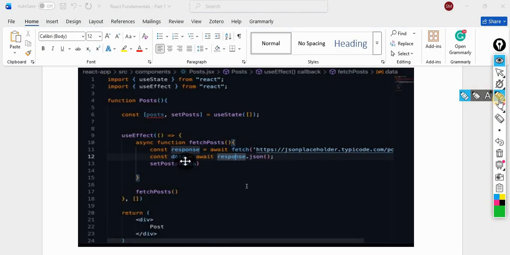Whenever your application runs, this is always the first hook which will run. What it will do is get this data from the back end and store it in some state. Is this clear to you?